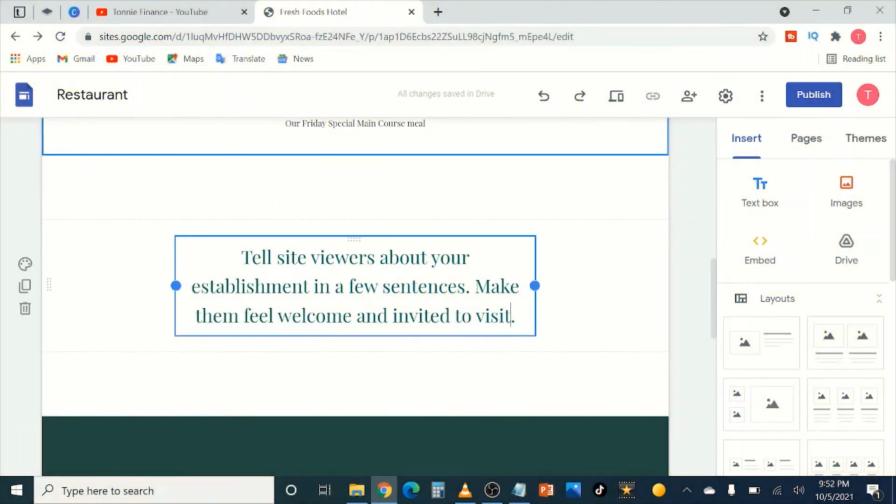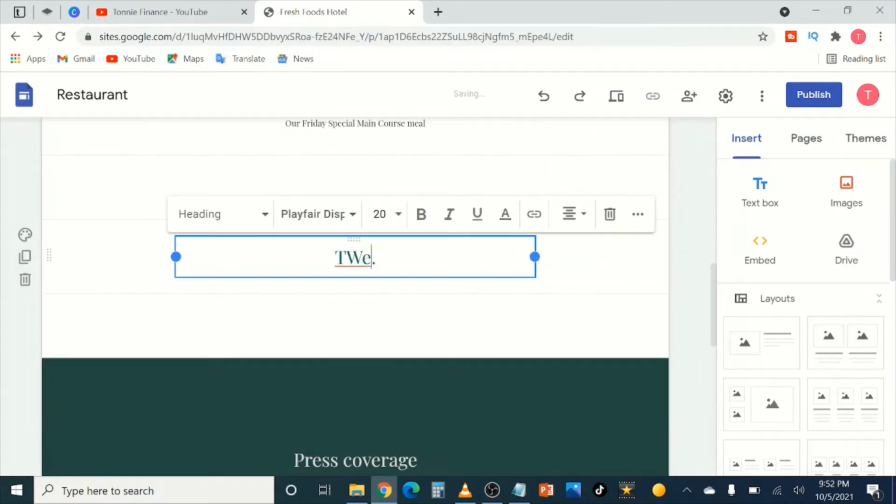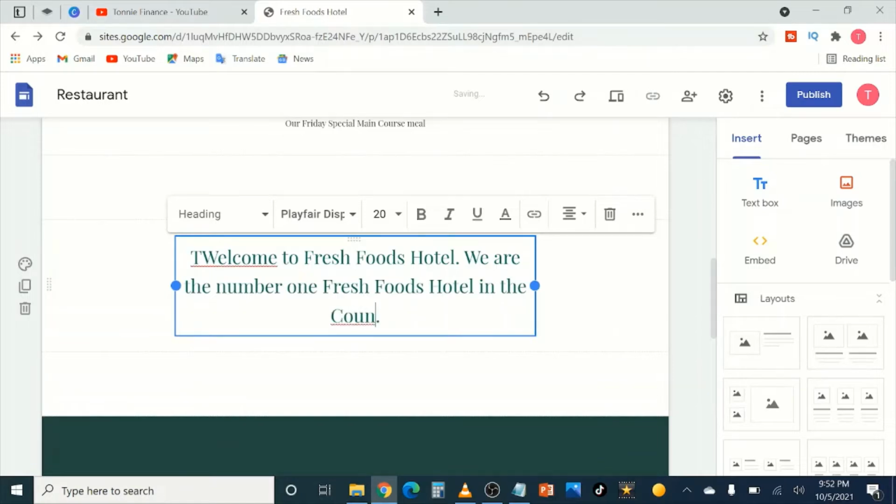You also tell site viewers about your establishment in a few sentences, make them feel welcome and invited to visit. So you'll come here and you'll want to change. So welcome to Fresh Foods Hotel. We are the number one fresh foods hotel in the country. We have been around since